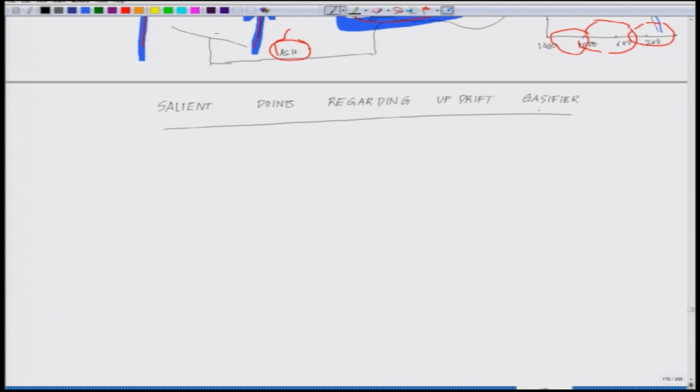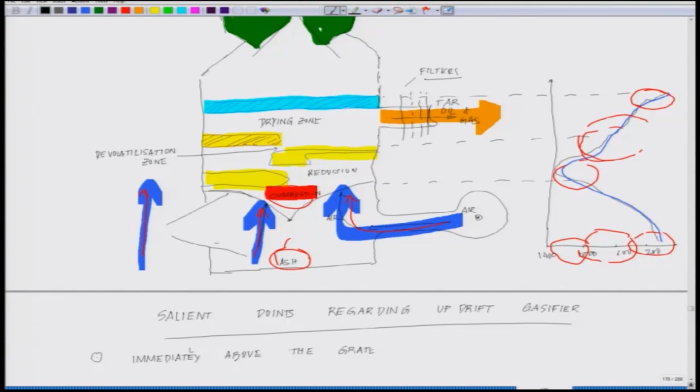The first important point is that immediately above the grate. So, the grate is sitting out here, if you look at it, immediately above the grate,